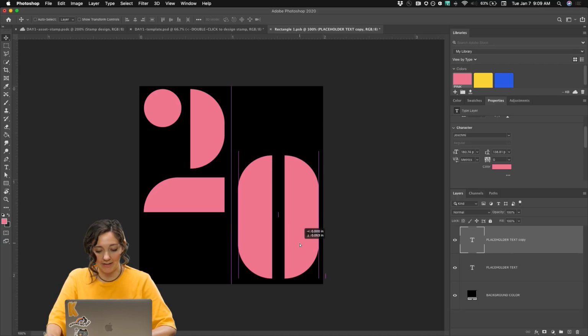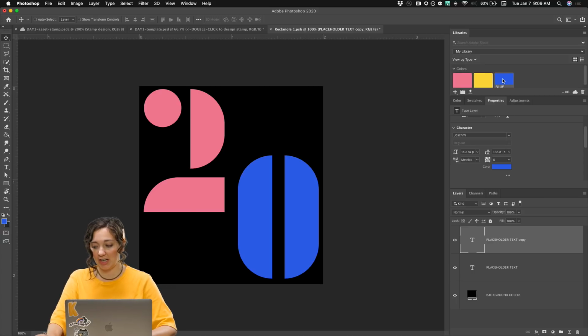Alrighty, let's drag that down a little bit. We're trying to fill up the frame as much as we can, but for this 0, we're going to change that to dark blue. Very cool. All right, let's add the other 2 numbers. Let's go back to our text tool